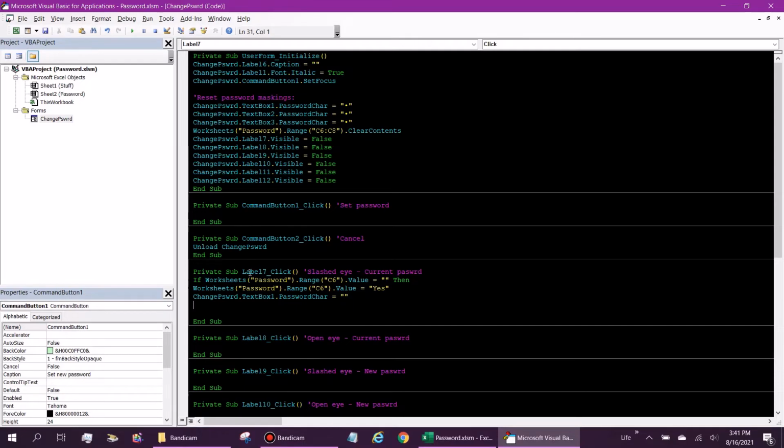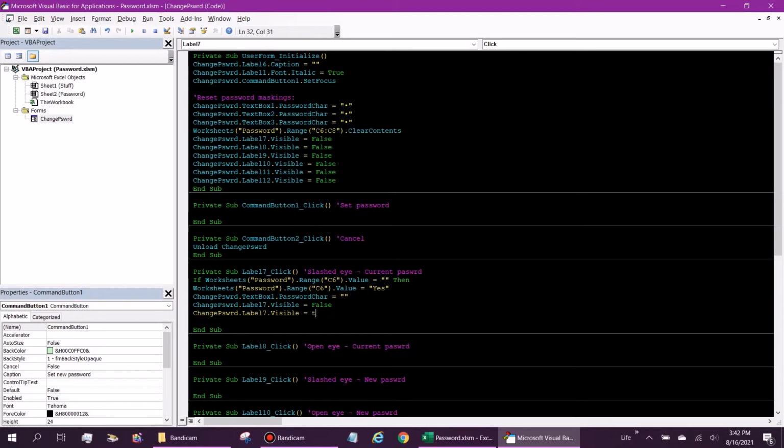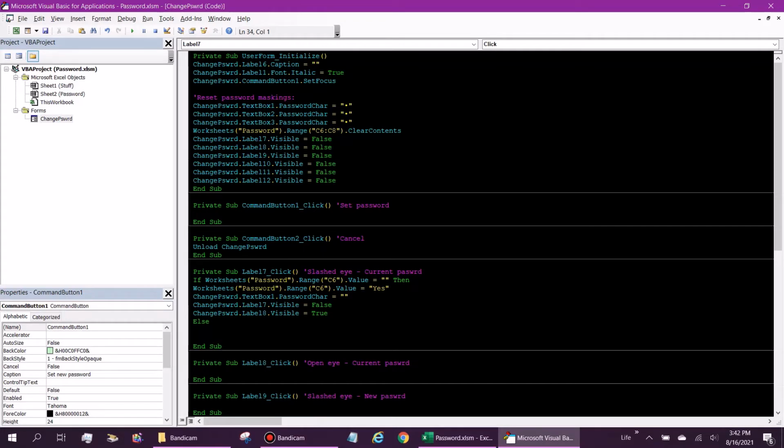And then the next thing we need to do is say the labels for current password are that we don't want to see the /i, right? We want to see the OpenEye because we're seeing it. So to do that, we're just going to say that label 7, which is our /i for current password, is going to be false. And then 8 is going to be true. So we just say trues like so. So this is just if it is blank in here, we are setting it to be yes if we click it. And then if we click it and it is yes, so that's else,